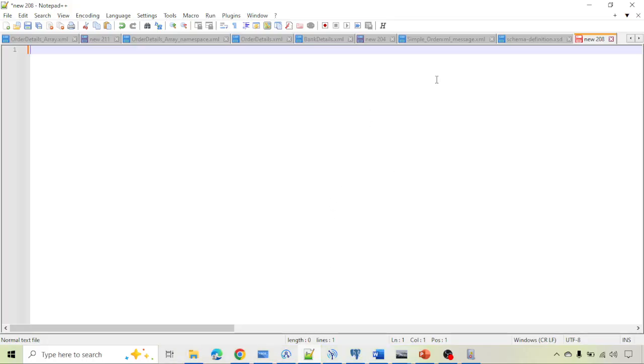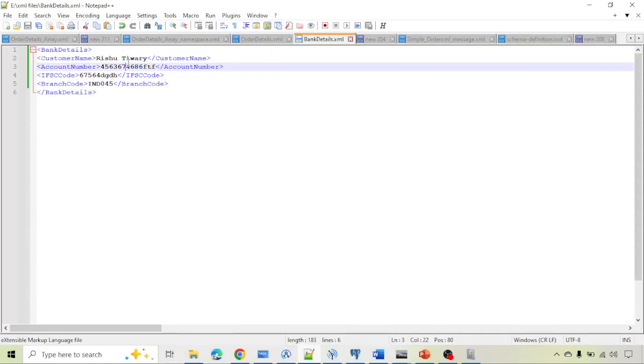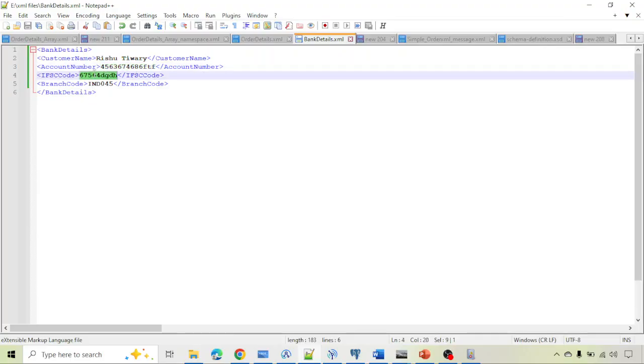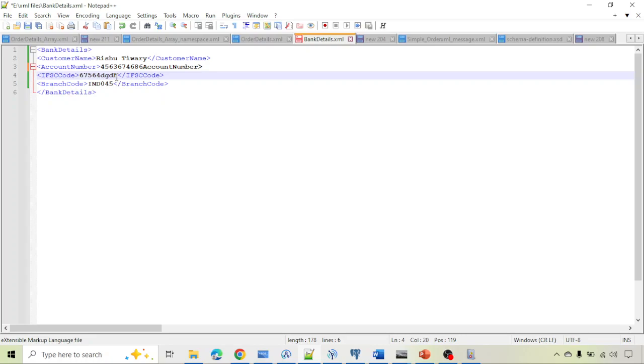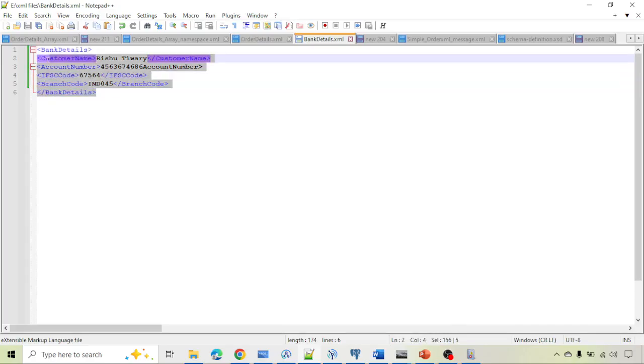Now we have seen how we can validate the content, whether it is the perfect data type or not, whether the value is a float or not, whether it is a long or not, whether it is an integer or not. Now with the help of the message model we can also